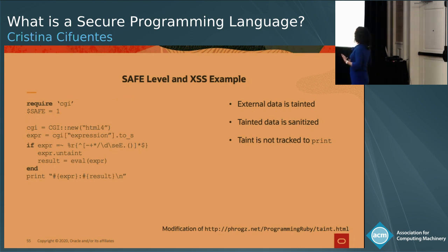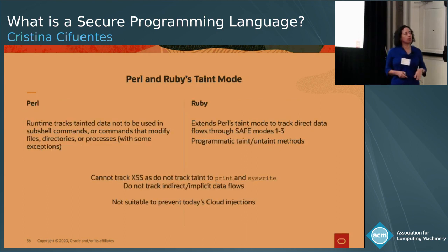And what happens is that I could actually have a cross-site scripting attack happening at this last line, because the user could have had some malicious code that gets executed in this particular statement, and there was no tracking of that, right? And that was purely because of an implementation trade-off that needed to be made. Okay? So now to summarize,